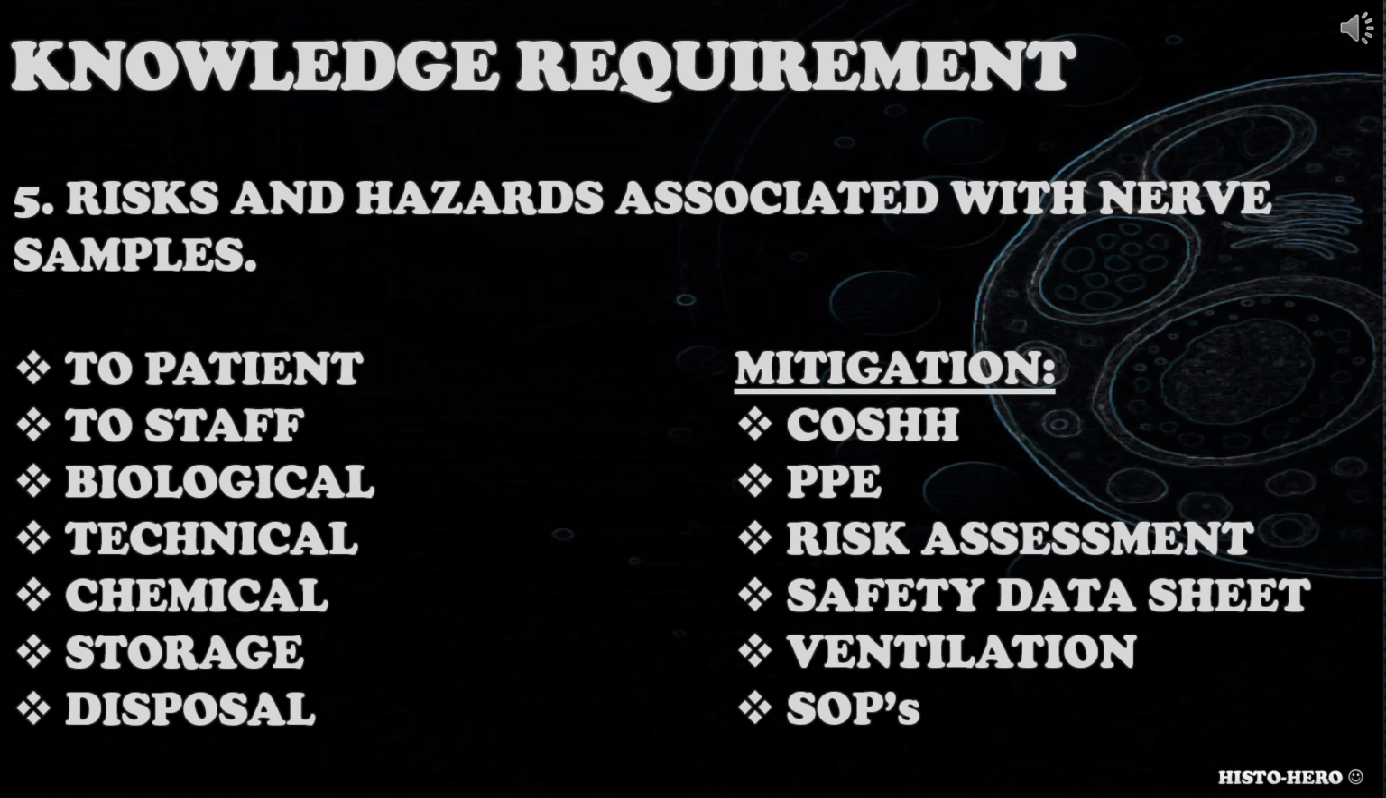The fifth knowledge requirement is risks and hazards associated with nerve samples. Candidate needs to have the knowledge and understanding about risks and hazards of nerve biopsies. You could ask the candidate to name the risks and hazards associated with nerve samples, to explain how they would minimize them. When addressing this knowledge requirement, candidates consider various risks to patients during the procedure, risks to the lab